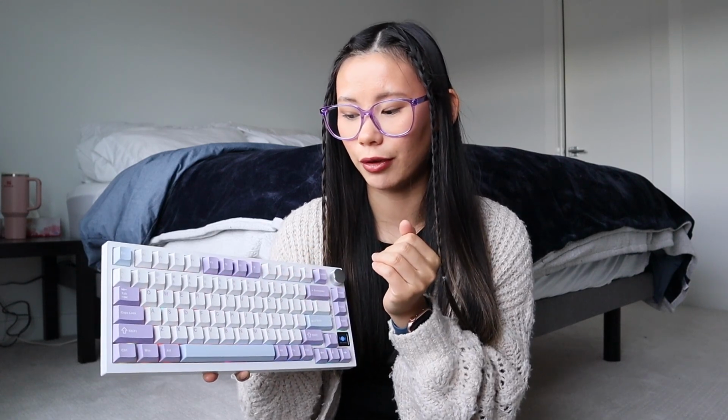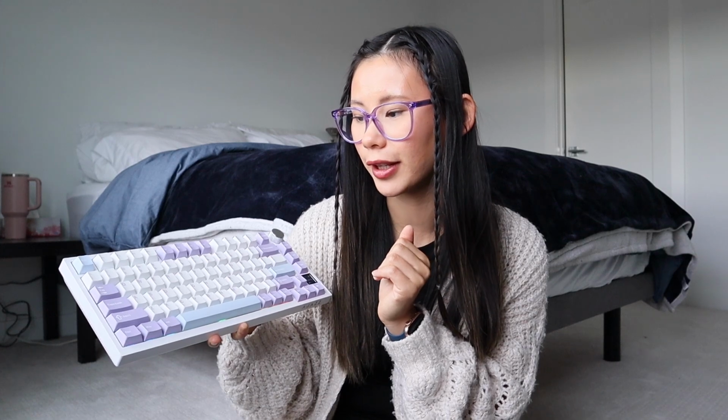It's fully customizable too, so you can take all of these keycaps off and change them to whatever you want. And I think you can kind of mod the base as well if you wanted a different sound, or if you're a hobby enthusiast, or maybe just getting into keyboards. I feel like this one is a really great option. It's very affordable as well. I love changing the colors, and you can change the speed of the colors and everything like that,